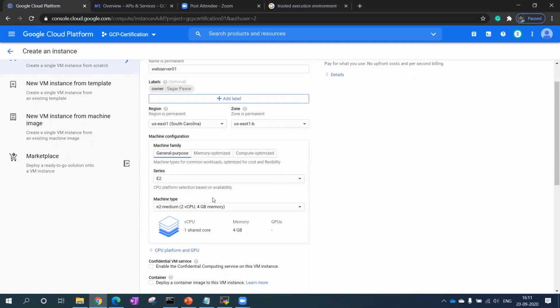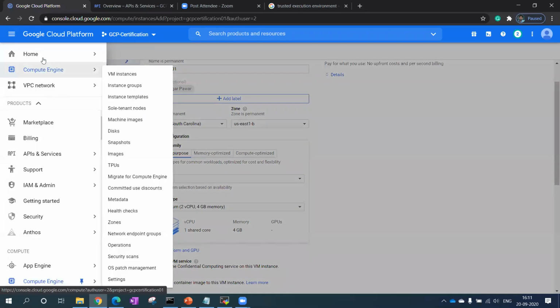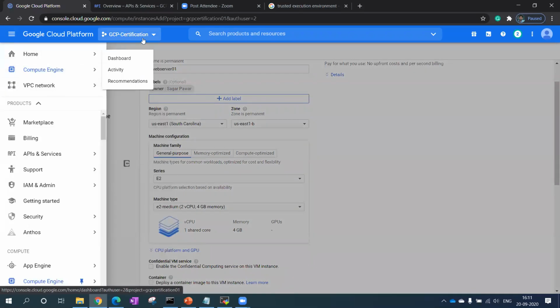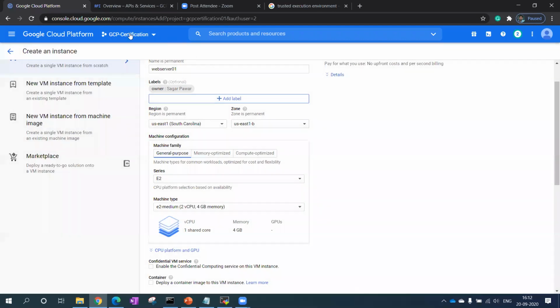Then of course there is also a hard limit. A hard limit means, once I create a project, basically this is my project, GCP certification is my project. In this project, I can only create 5 VPCs. There is a hard limit. I cannot create more than 5 VPCs.